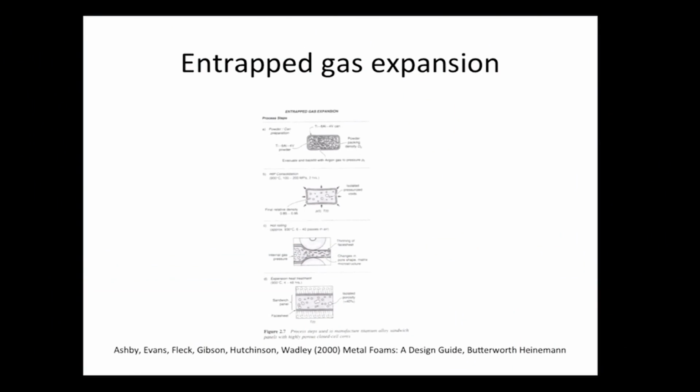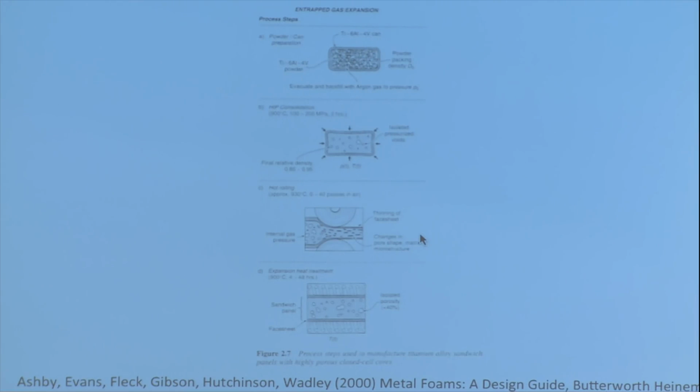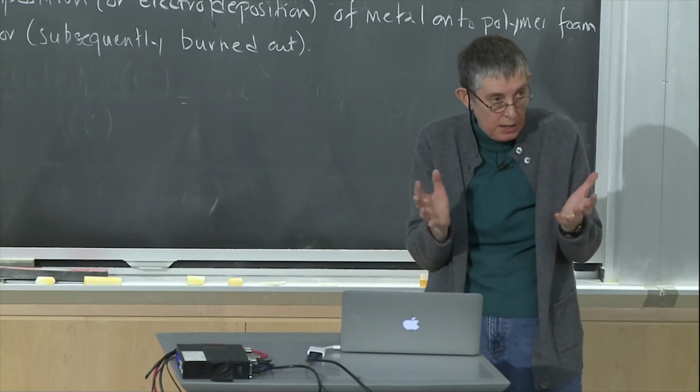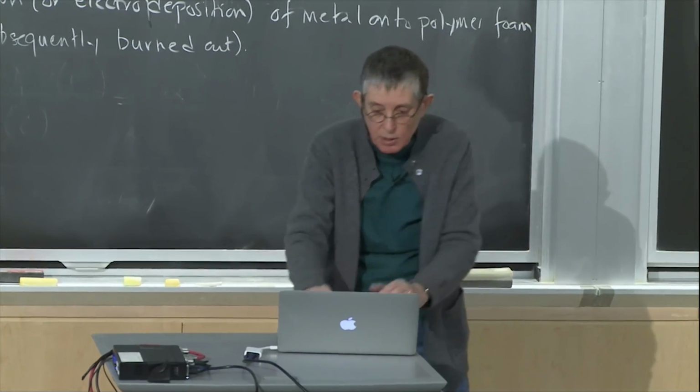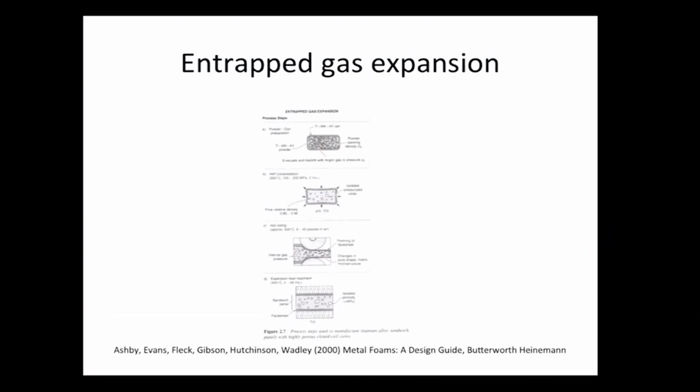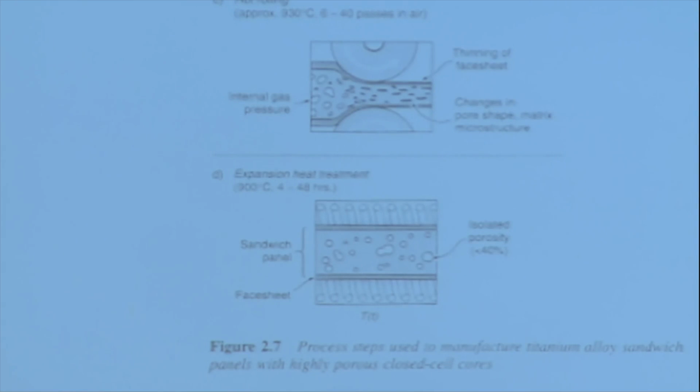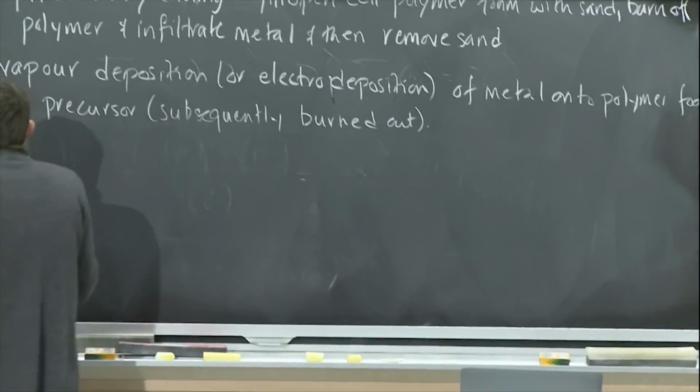So in this next little image here, they roll the can and produce a panel that's got solid faces. And then when you heat it up, the gas expands, and you end up with a sandwich panel by doing this. So this bottom figure down here, they've heated it up, the gas expands, and you've got this solid skin on the thing, which is from where the can used to be. So that's trapping of gas.